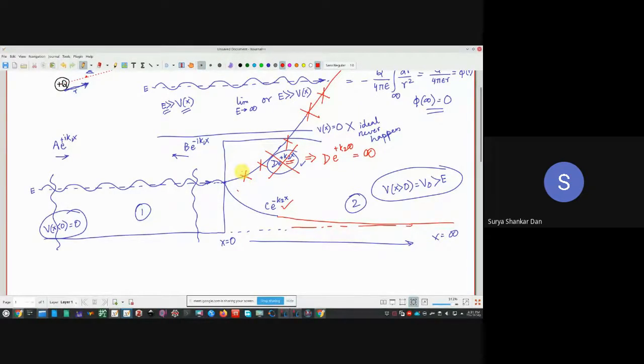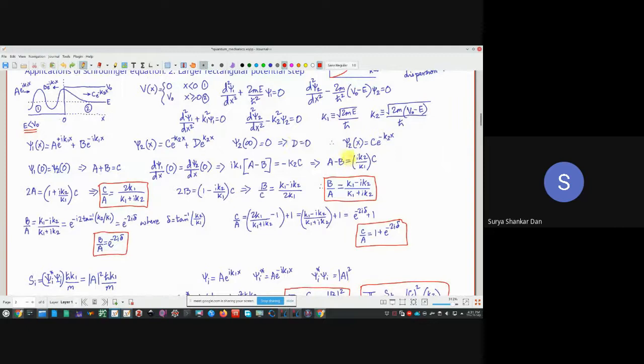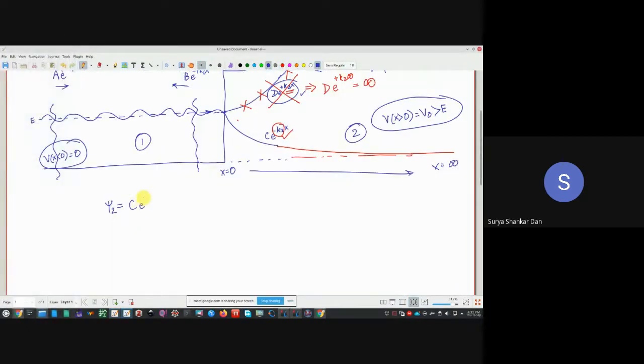Okay, now comes a very, very important part for you to understand. I'll come to this math in a minute, but physically, look. Now, the rate at which this phenomenon decreases essentially depends on the value of K2, isn't it? Think, so we have found out one thing. No, understand this carefully. Don't worry, these equations you will understand anyway. Psi2 is equal to, what have we found out? Like D is 0, so Psi2 is only this. So Psi2 is equal to e to the power of minus K2x. Simple. Okay.